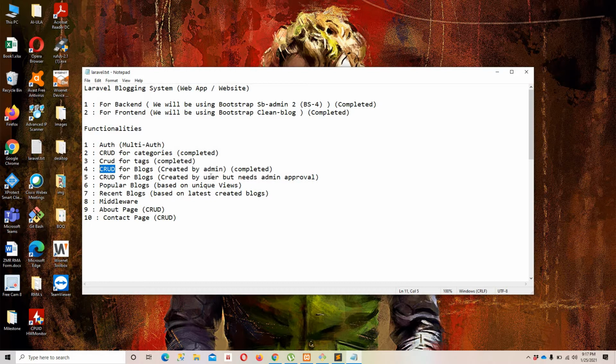Okay, so I'm going to create that logic for you, or else what we can do is basically we can simply use the same admin dashboard and we can implement some if and else logic related to user. Let's say if user is logged in, don't show these links, and let's say if admin is logged in, you have to show all these links. Okay, so we can do that,